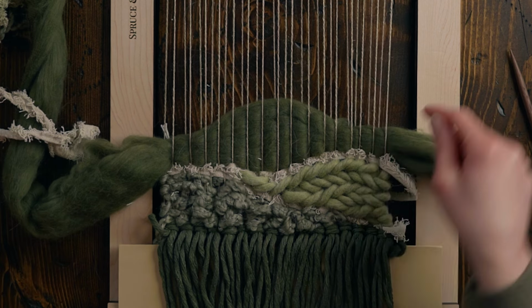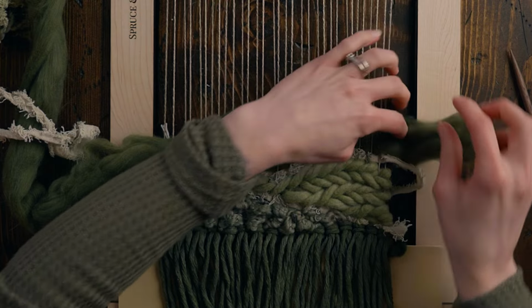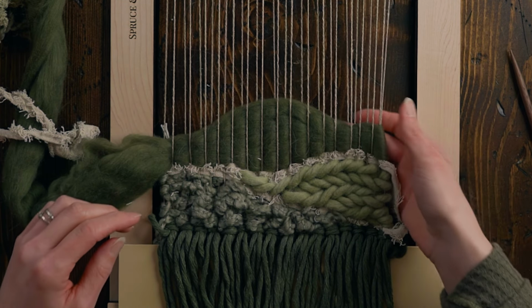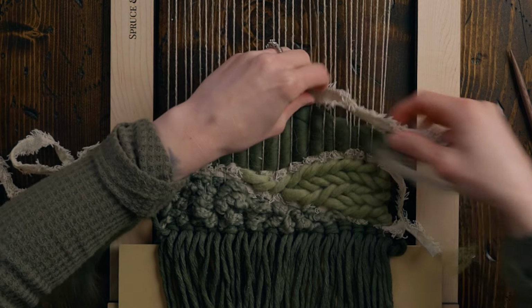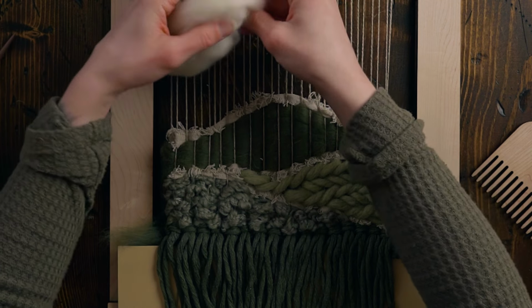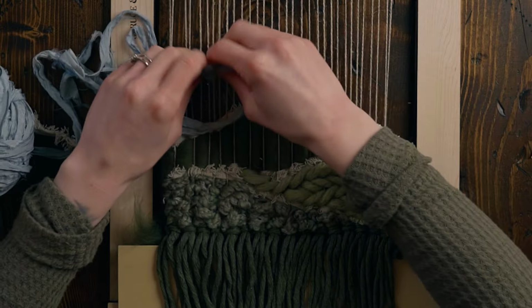The one thing I will say, this is ending going underneath this warp string, so I'm going to cheat this a little bit and just go over because it's going to be easier to tuck in later. So I'm going to do more of this white, and I think this is where we'll start moving into the sky. You know, we could potentially, oh my gosh, we should do clouds, right? This is a